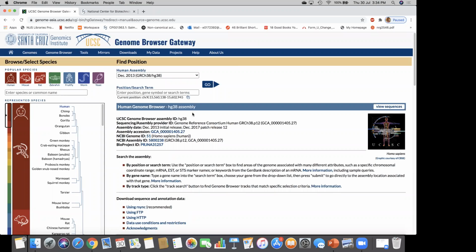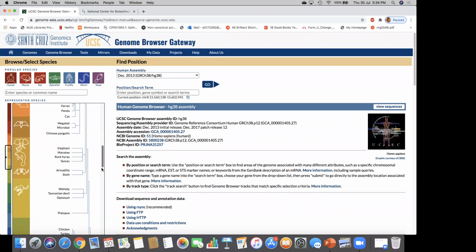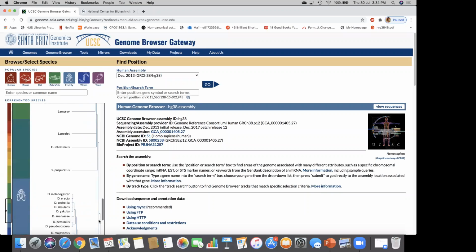In this place, you can see different organisms like human, mouse, rat, zebrafish. All the genomes are listed here. You can also click all these databases in this place as well.